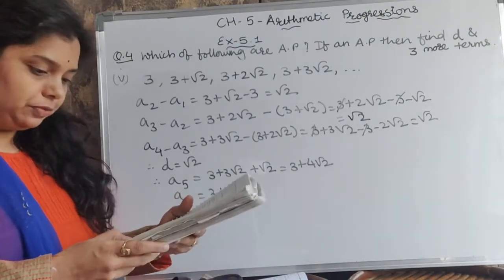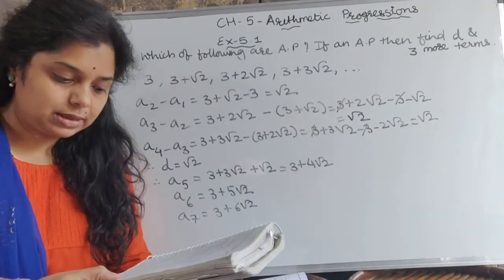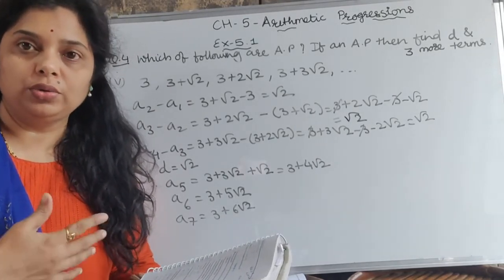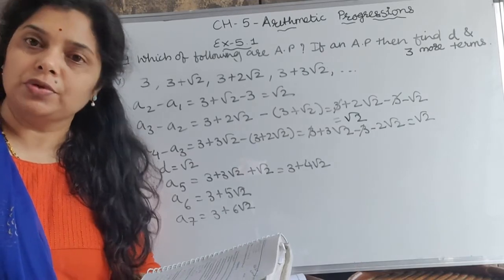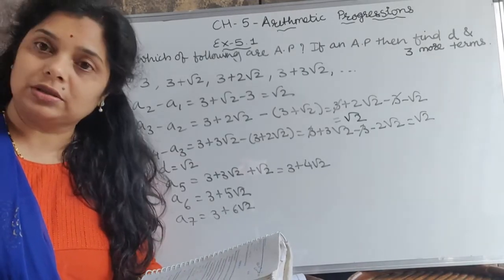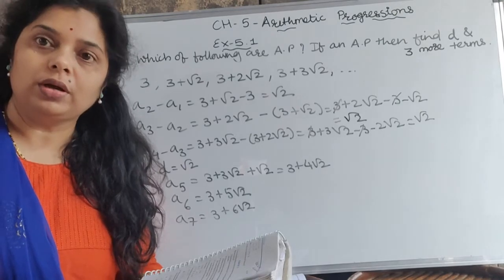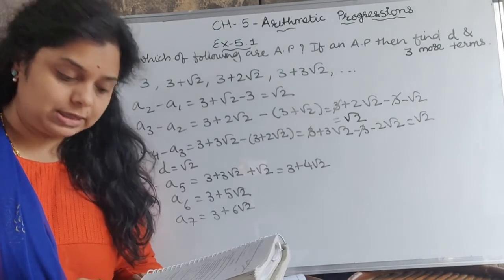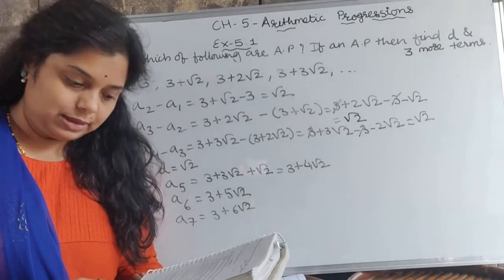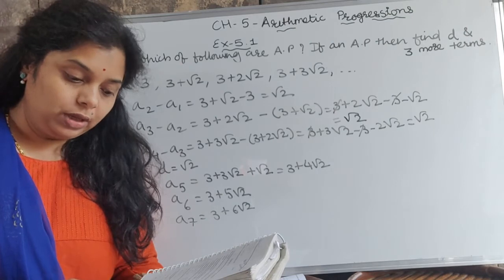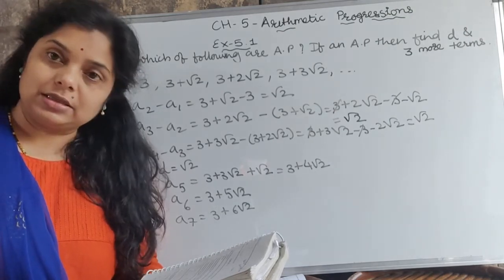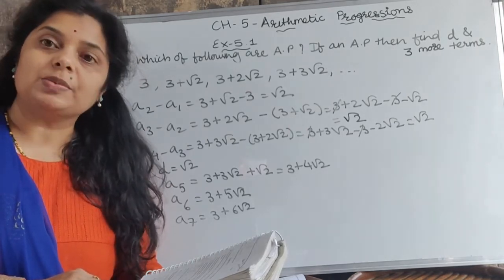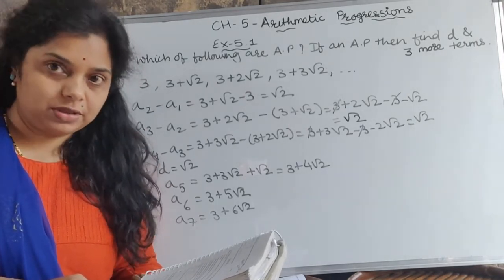Now the next one, the fourth one: minus 10, minus 6, minus 2 and 2. See, each and every sum we are not going to do here on the board. I will explain a few sums and do the discussion also, and you have to do the rest on your own as homework. Now the fourth sum is easy. Minus 10, minus 6, minus 2, 2 and goes on. Minus 6 is the second term. A2 minus A1, minus 6 plus 10. So the common difference is 4.